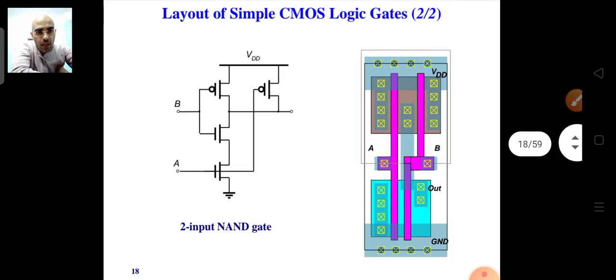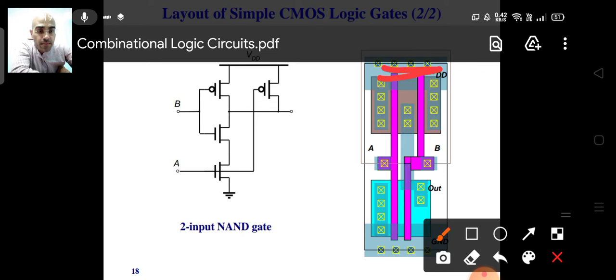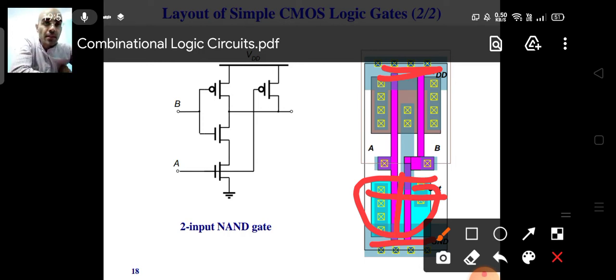So this is again a layout for, let's say, a NAND gate. We can understand it very simply: the pink rectangles are the gate. Polysilicon, and the other regions: this is for your VDD supply, with metal contacts, and this is for your ground, whereas this green region is your active region. Wherever there is an intersection of the polysilicon with the active region, you form a transistor there.